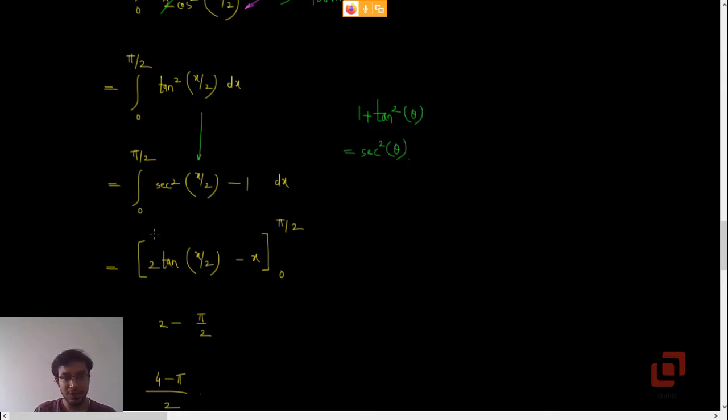Now this 2 has come here as the coefficient of tan of x by 2 because x's coefficient is 1 upon 2. So that is what we do in chain rule and in the substitution method. In the substitution method the coefficient of x goes in the denominator, and in the chain rule the coefficient of x goes in the numerator. But because we have 1 upon 2 as the coefficient of x, 1 upon 1 upon 2 is 2. Clear? Alright, once the integral is simplified, now simply substitute.